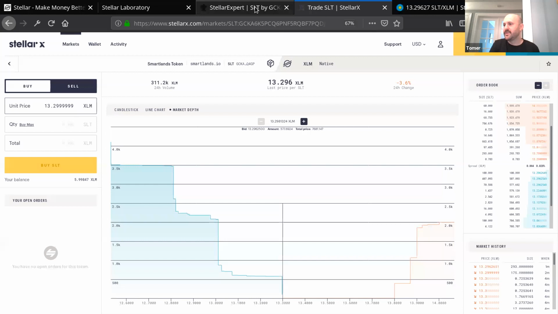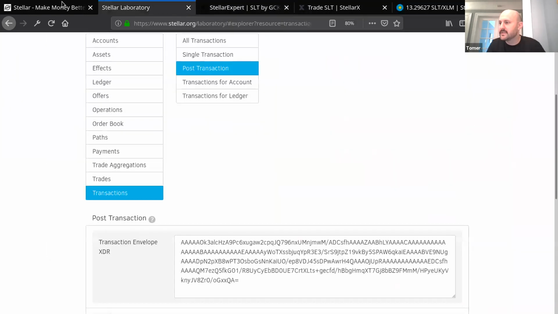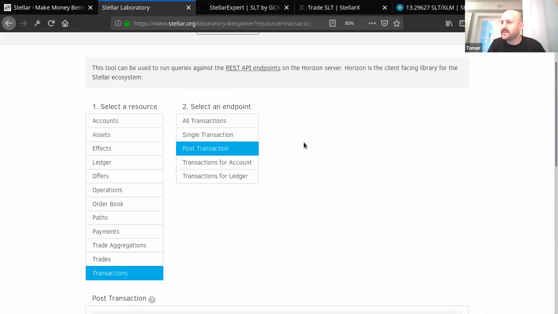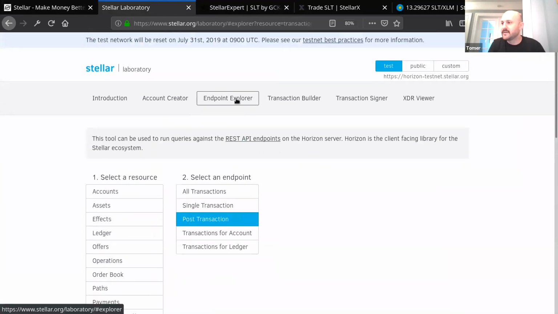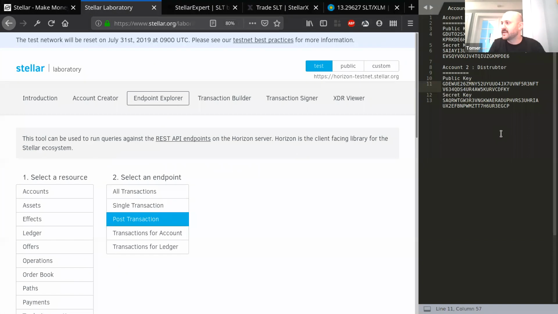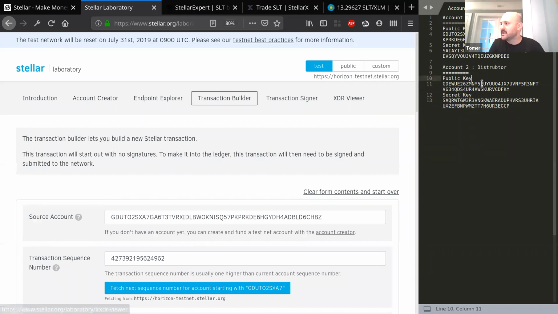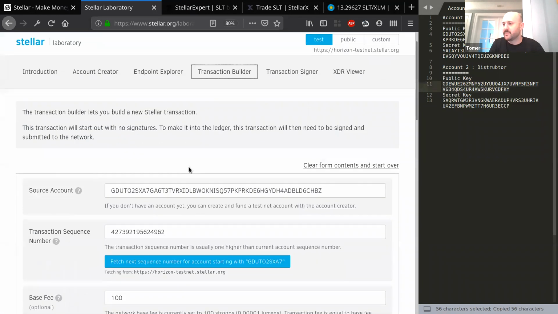Let's start distributing the TOML token on the decentralized exchange. The way I do this is by submitting a different type of transaction called a manage offer transaction. And what I want to do is have my distributor, who already owns a bunch of TOML tokens,